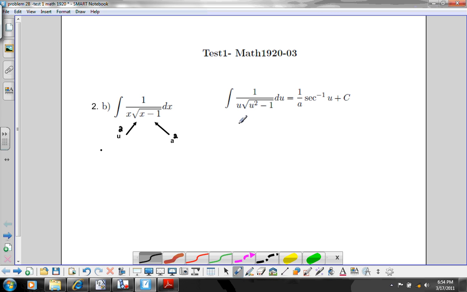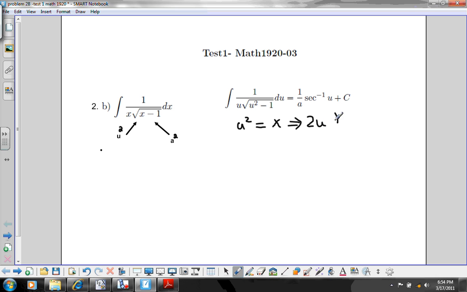So let's take u squared to be equal to x. Let's take derivatives of both sides, so we get 2u du is equal to dx. Okay, now let's go back in this formula and substitute for everything that we've got. So we have this 1, that doesn't change. x is just u squared, square root. Again, x is u squared, minus 1, and our dx is 2u